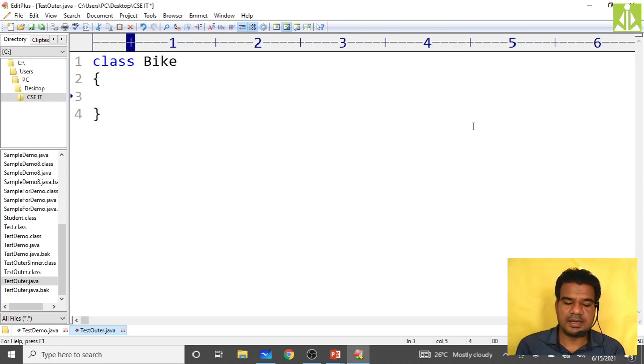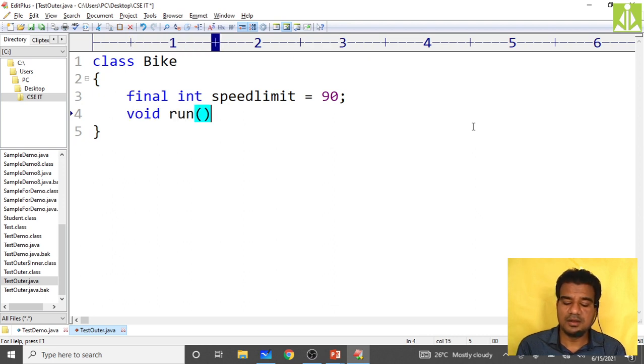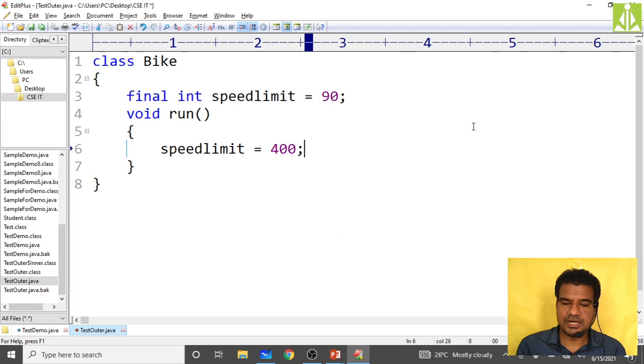Okay, Bike, and here final int speedLimit is my variable name, and I'm making it 990. So again, I'm writing one function over here. Okay, void run, and in this function what I'm trying to do is change the speedLimit value, speedLimit to 400 I'm making.